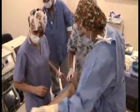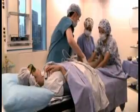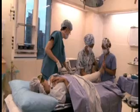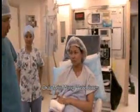Although it'll take a few weeks to appreciate the full effects of the procedure, the varicose veins are already much reduced in size. With luck, this will be a one and only operation for Madam Wong. And even if varicose veins start to form again, it won't be for many years to come. Okay, Madam Wong,